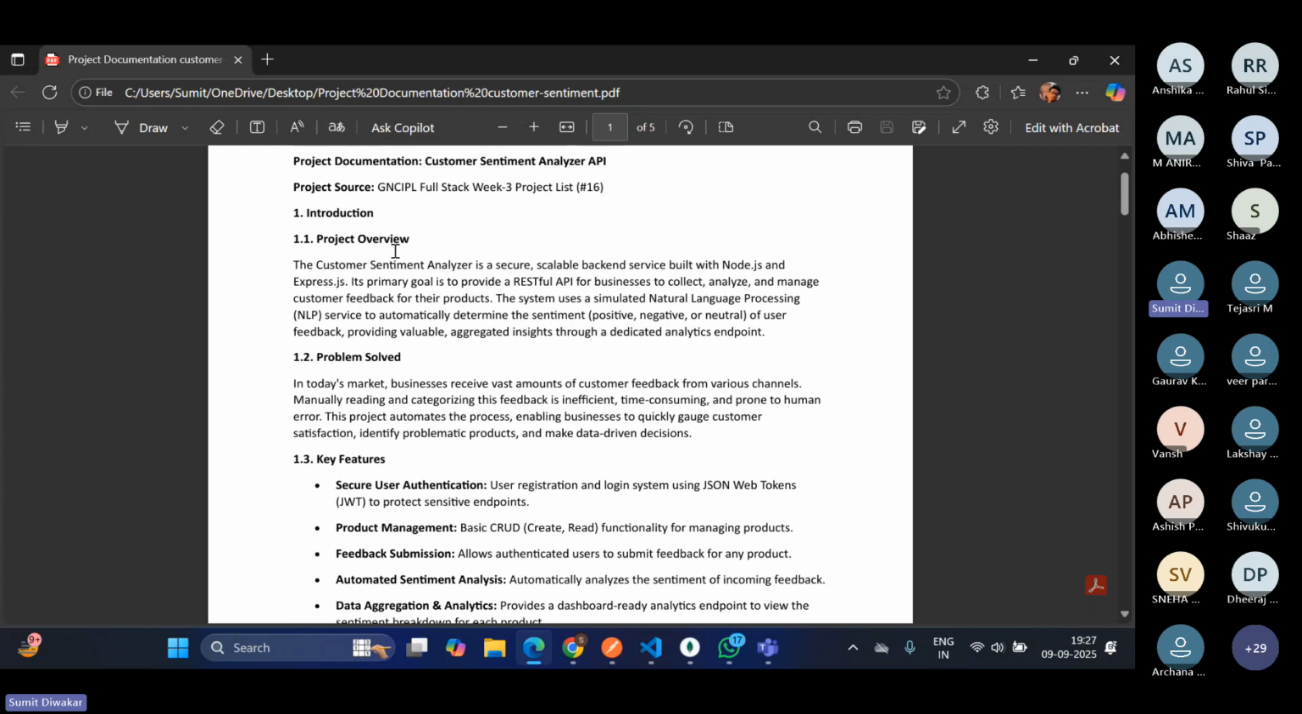First of all, what is the project overview? I created a project on customer sentiment analyzer. In this project, a customer can add their product and send feedback. If they buy some product, they send feedback, and the feedback is positive, negative, or neutral. For example, if a person buys a watch and sends a positive review, it's very difficult for an admin to see all the feedback. There are thousands and millions of feedbacks coming. So in this